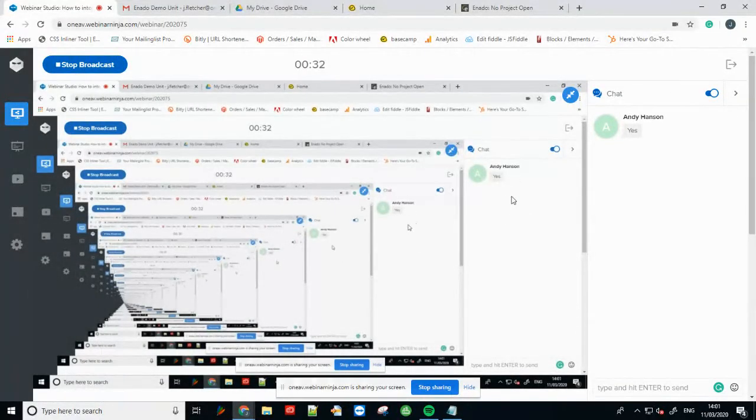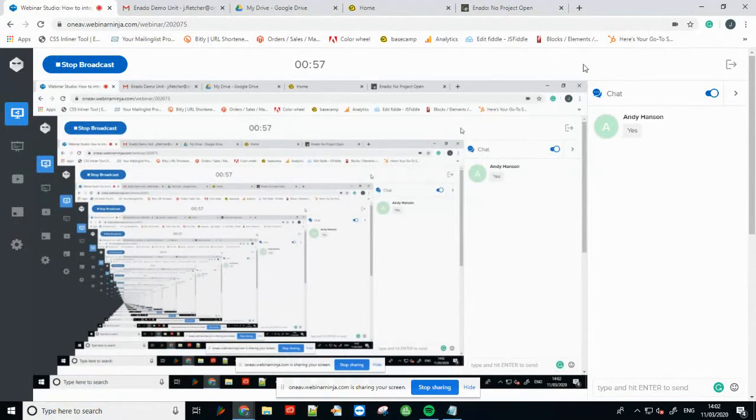So today, what we're going to look at is integrating Enado with Just Add Power. I'm just going to share my screen quickly. The difference between Just Add Power, for those of you who aren't familiar, and something like a video matrix is that Just Add Power is an IP-based product, so it's not HDMI-based, and it's completely scalable. You can have as many ins and as many outs as you want, and it's all managed through a network switch. So what we're going to look at today is how you would integrate that with Enado,